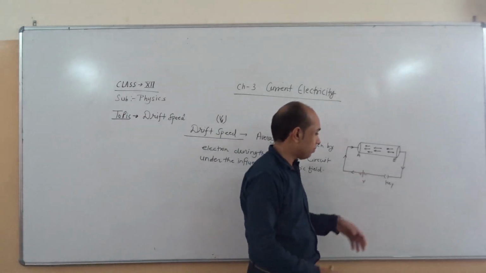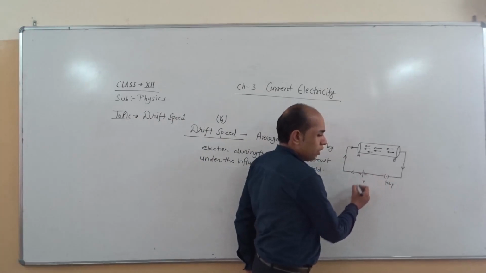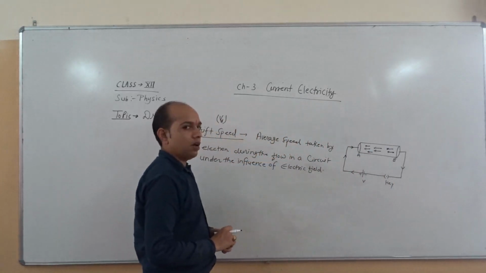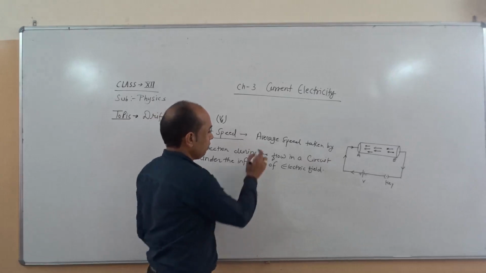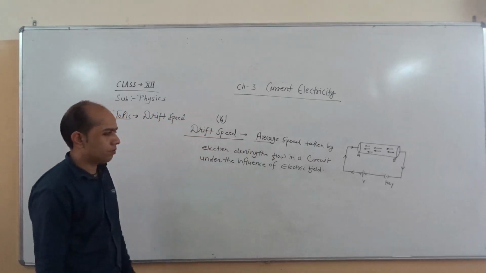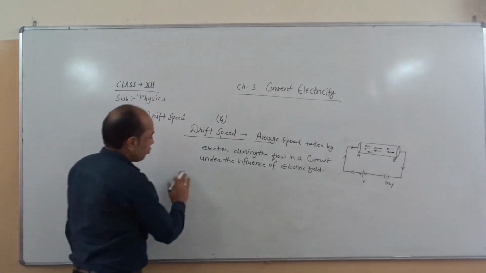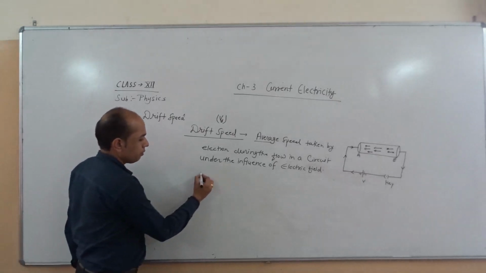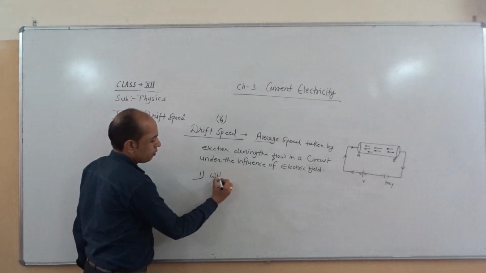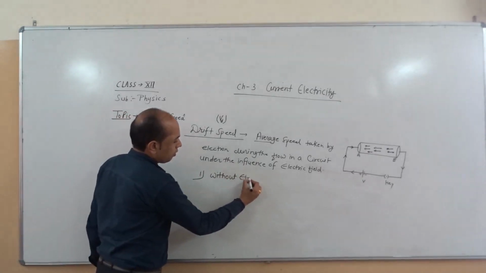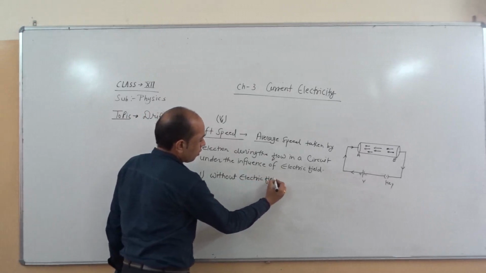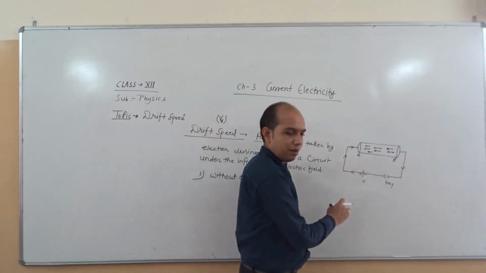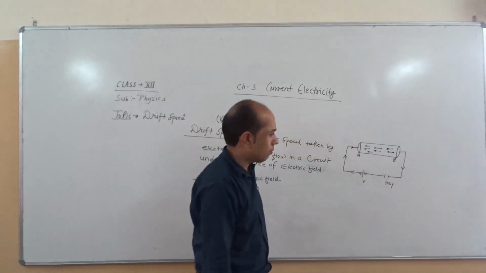That means when the electric field is given to any circuit, then current flows from positive to negative one, and the electrons flow opposite. So this time we will take the average. This is called average speed. In order to calculate the drift velocity, here we take two assumptions. Number one, without electric field. So when no electric field is given to this conductor AB, that means when key is open, what we see,